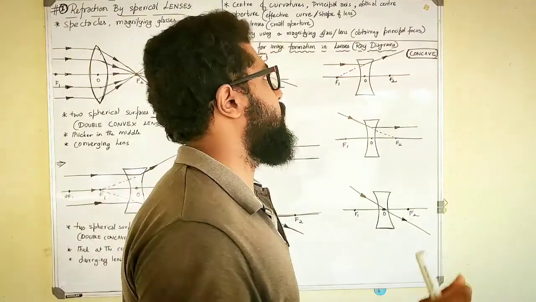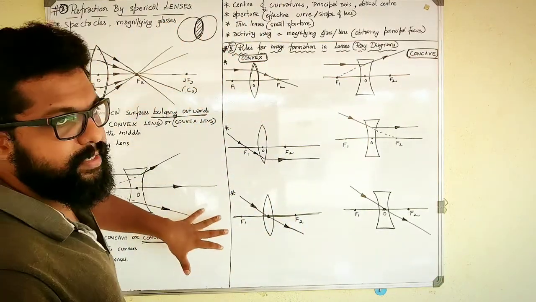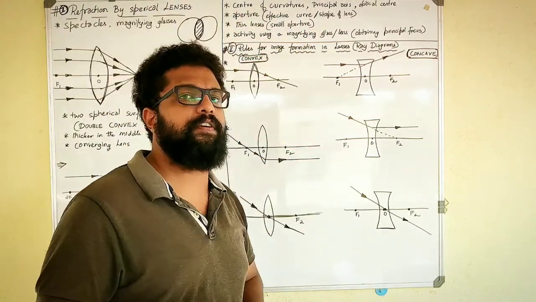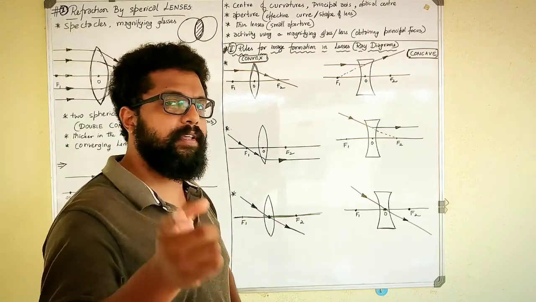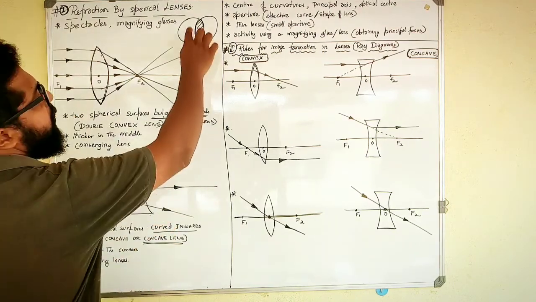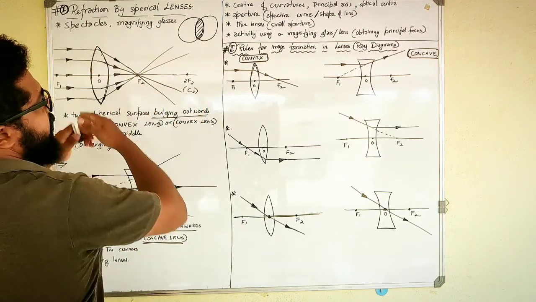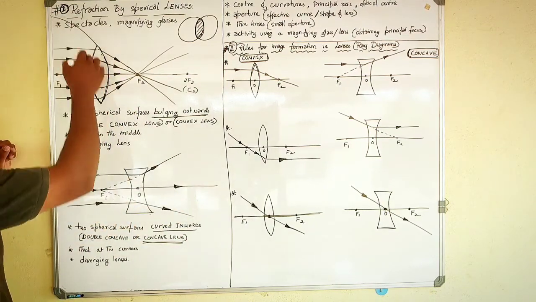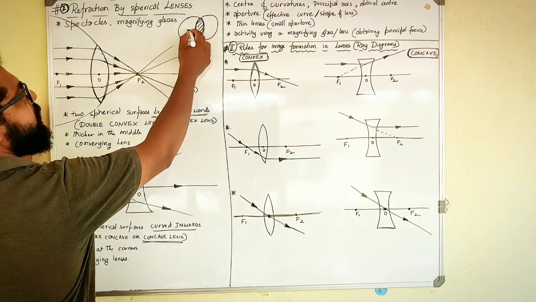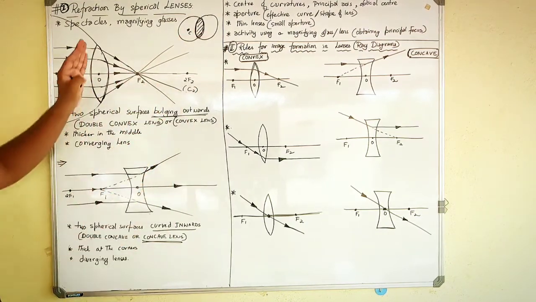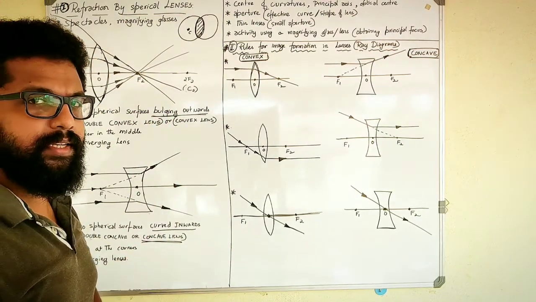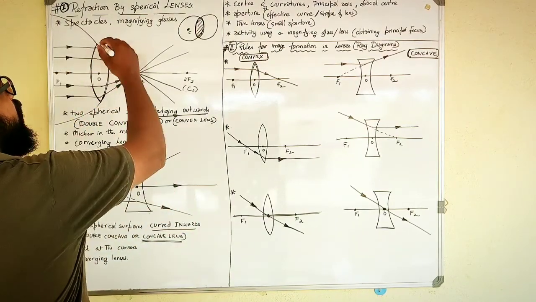Okay, so the next thing which you need to know, certain more basics about the lenses, first thing is center of curvature of lenses. You have studied about center of curvature of a mirror, convex and concave mirror. Similarly, these lenses also have a center of curvature, which means, I told you all, every surface of a lens can be continued to form like a circle or a sphere, yes, and that sphere is going to have an imaginary center, which is not actually there. The lens is only this much, which is not continued to form a sphere. I am just imagining that the lens is continued to form a sphere on either sides.